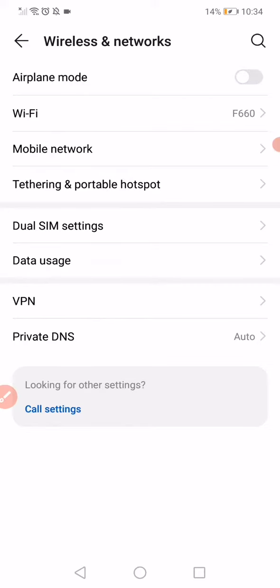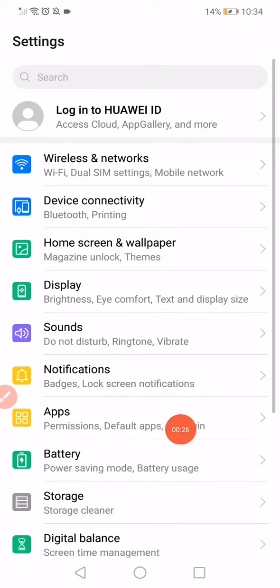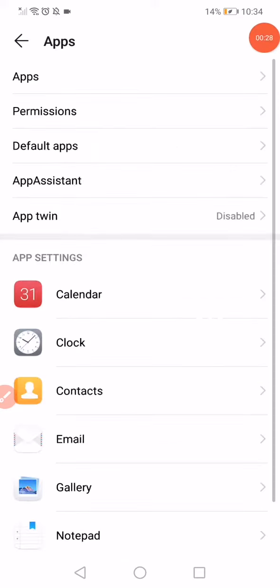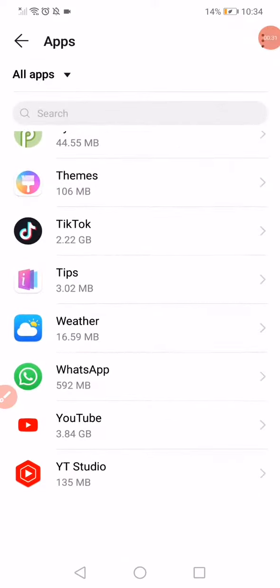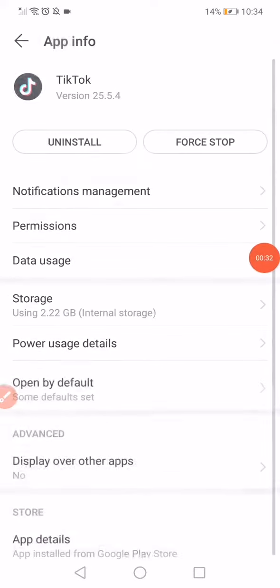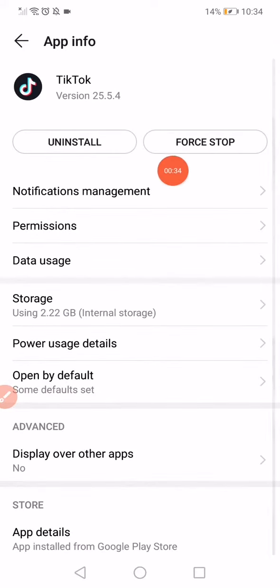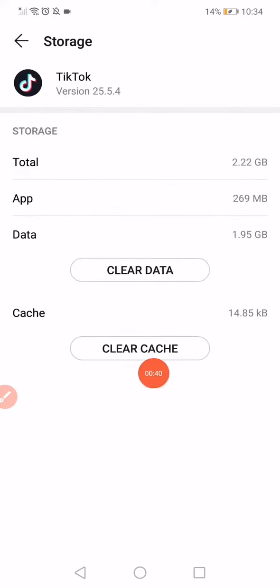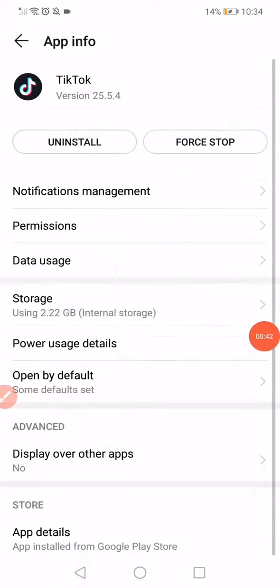After you disable it, now you have to go back into the settings, open the apps manager. On this page you will find all the apps. Now you have to go into TikTok, click on this force stop here to stop the app from running, and then go down here to the storage or the internal storage, click on clear cache,